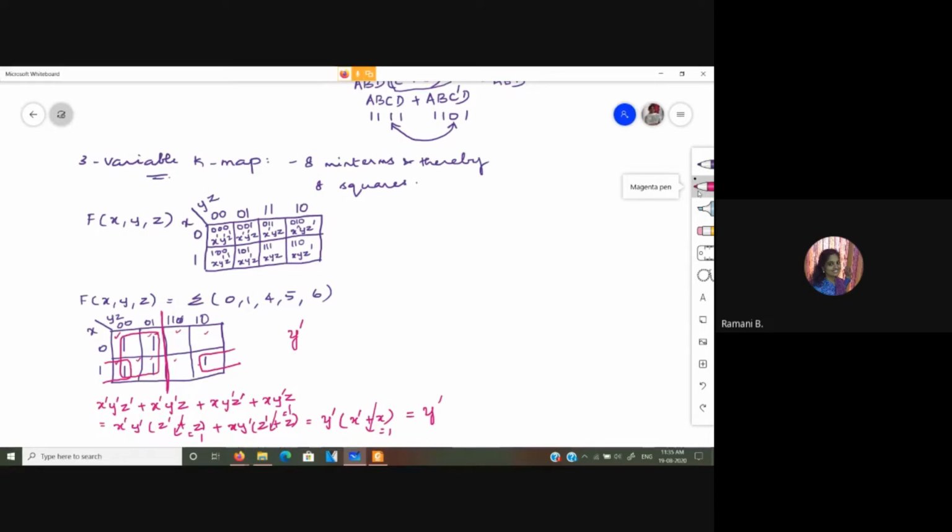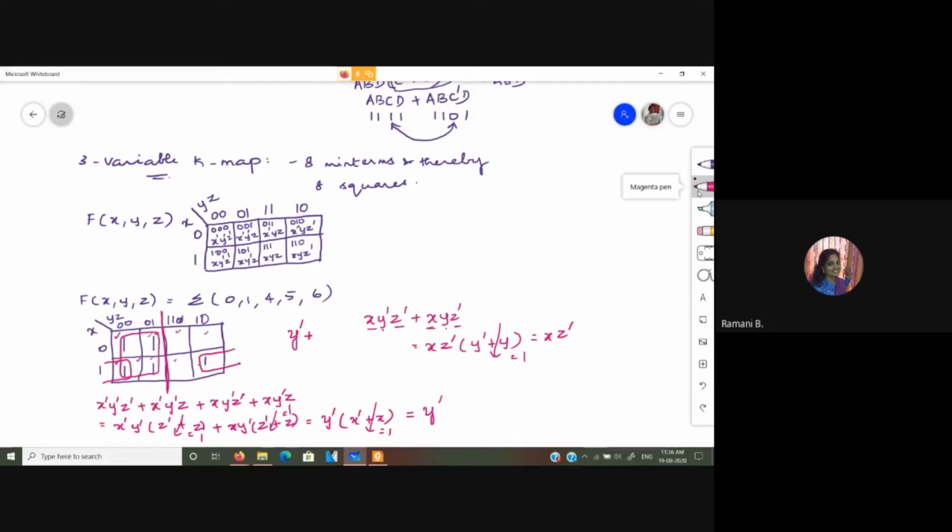You can also check it with respect to the expression. So this corresponds to 4, so you have x, y bar, z bar, and for 6 you have x, y, z bar. So you can check here x and z bar are the same, only y changes. So it is actually adjacent. If we are writing the expression, you will have x, z bar, because taking that common, you will have y plus y bar, which becomes 1. And so you will have x, z bar.